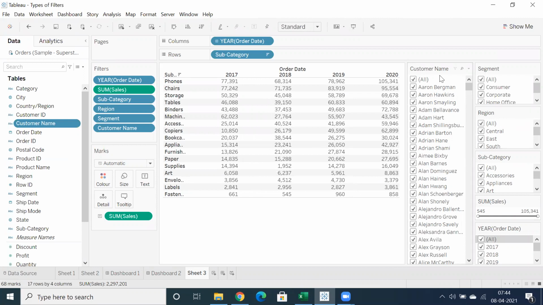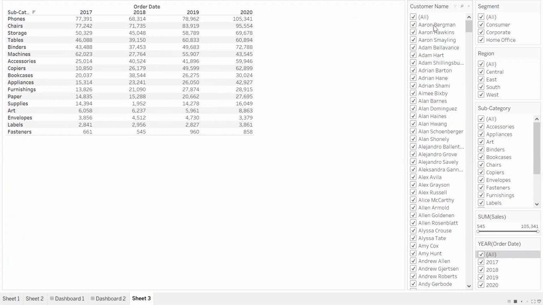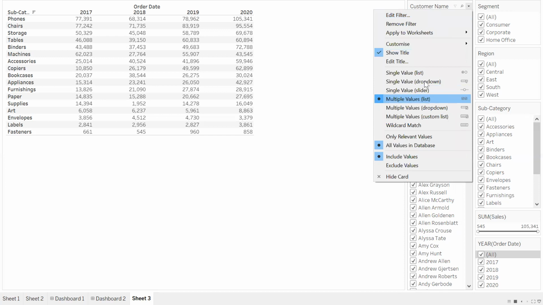So the best possible way is, if you are going for multi-selection, let's say if you want to select multiple customers, you can unselect and select. So this is a multi-selection check boxes, correct? So don't use list, whether it is a single value list, whether it is a multiple values list.